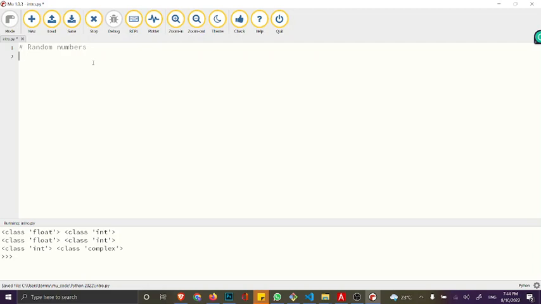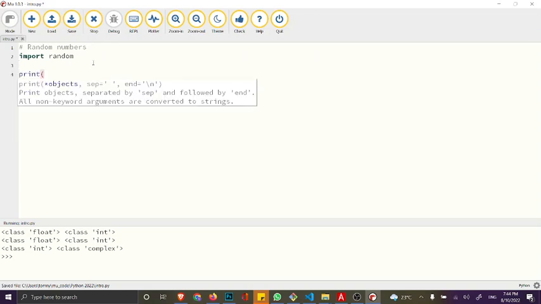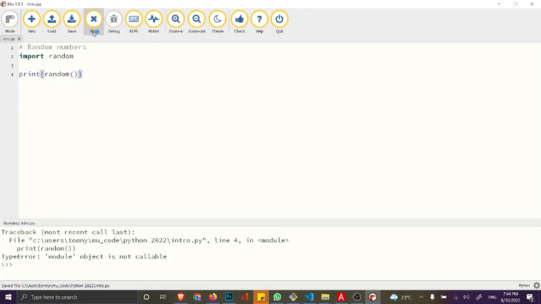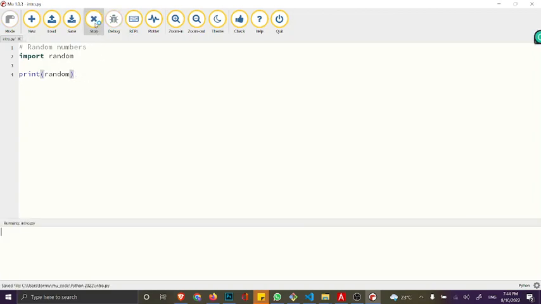So what we'll do is say import, like this. We want to import the module random. Okay, we can now use it, let's print this. Okay, we have an error there, a type error. So when you print random, the module we imported, you can see that this is a module random,